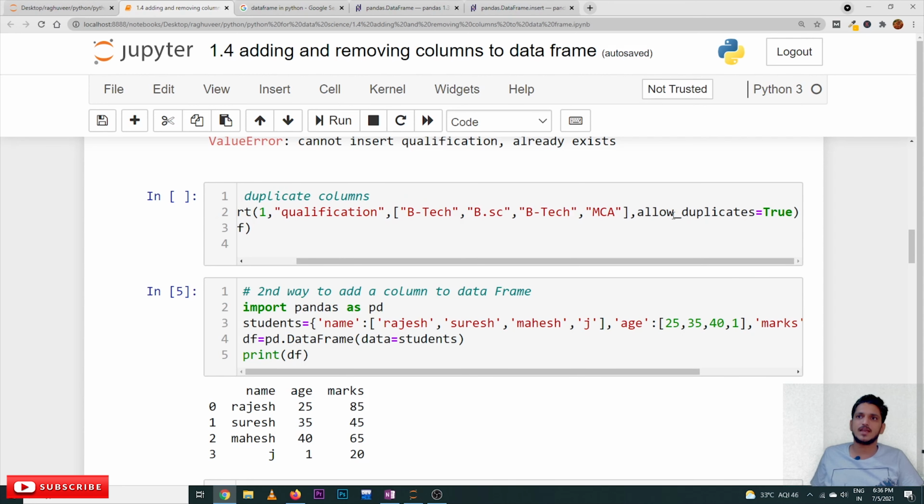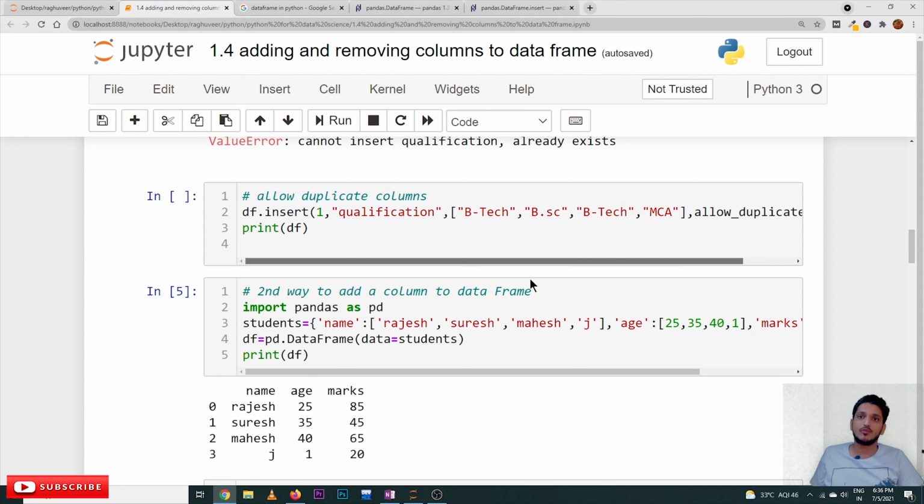If you say allow duplicates is equal to true, then it will consider the duplicate columns also. It will create one more column. That is how we will use the allow duplicates parameter to create the same column again, a duplicate column.